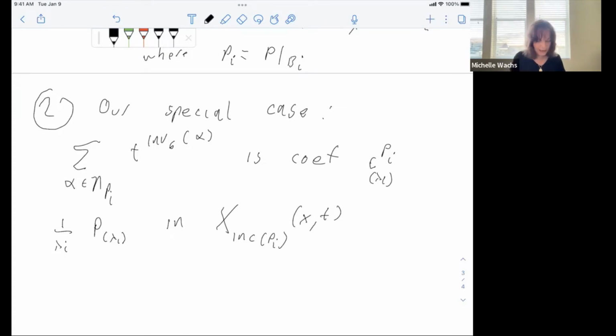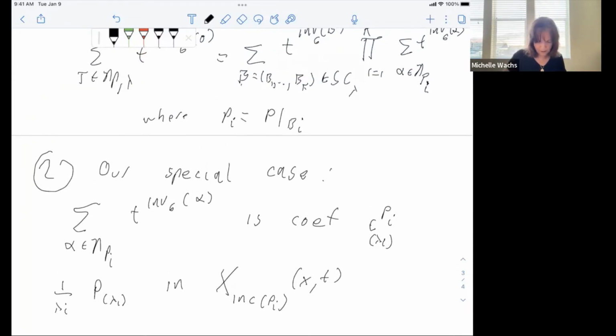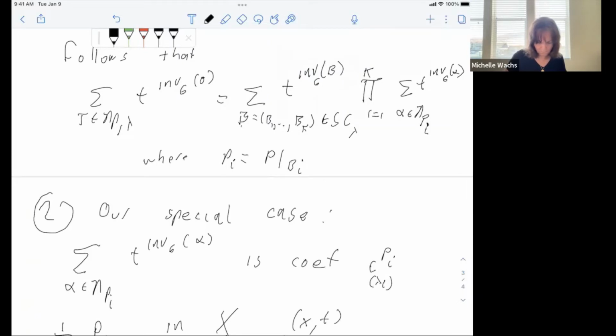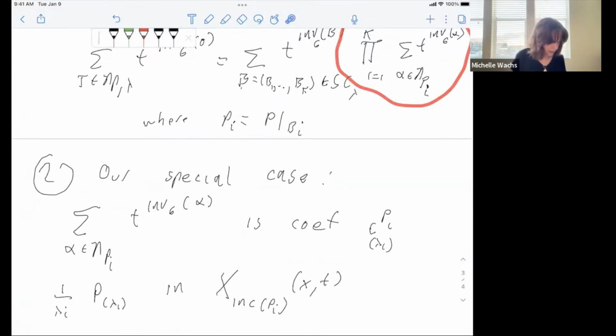That's our special case. The reason this works is because induced subposets of any natural unit interval order is a natural unit interval order. So that's why that works. And now we can plug this into this. Into this. And we have